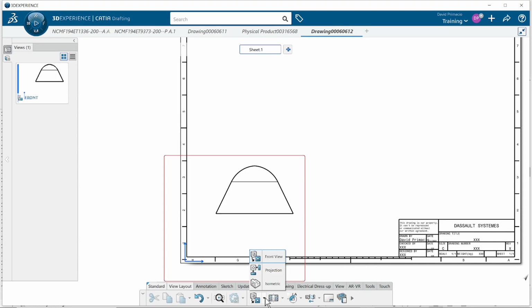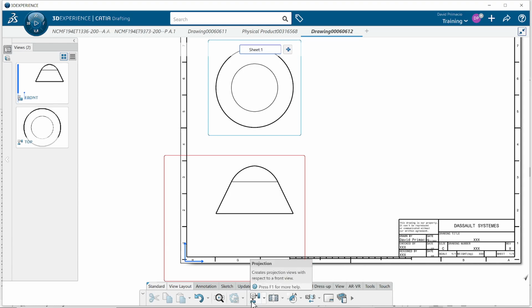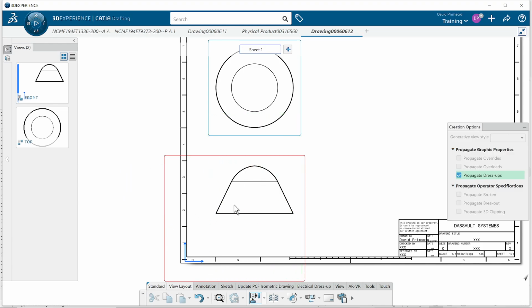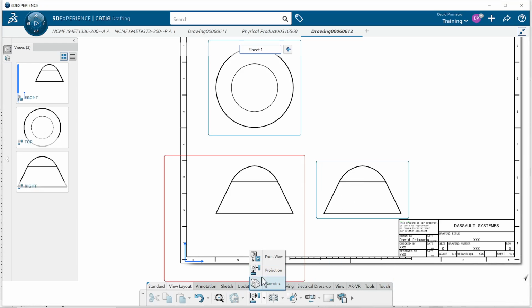I can go to project a view with that view active and create that top view. Project another view with this red box still around that one. I could just put my cursor over here and it'll create that view. And then this box right here, we can go to isometric view